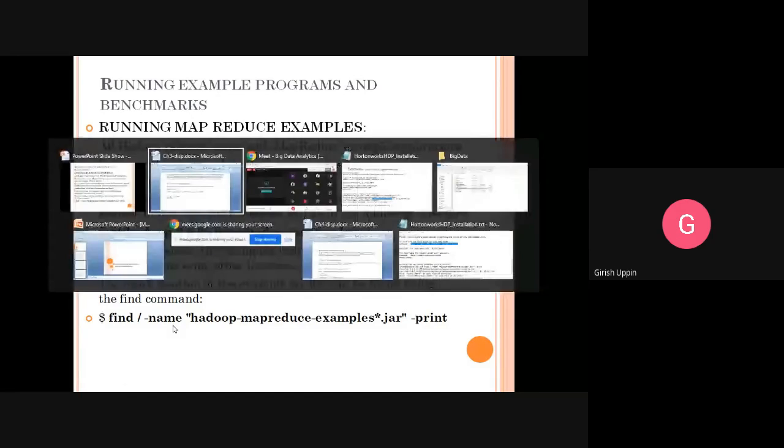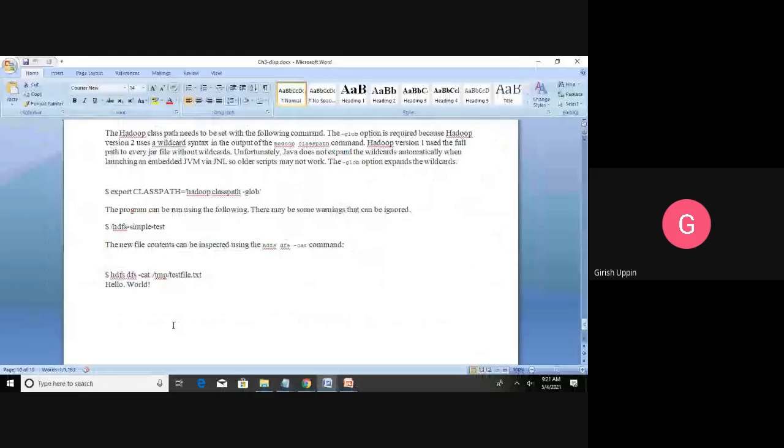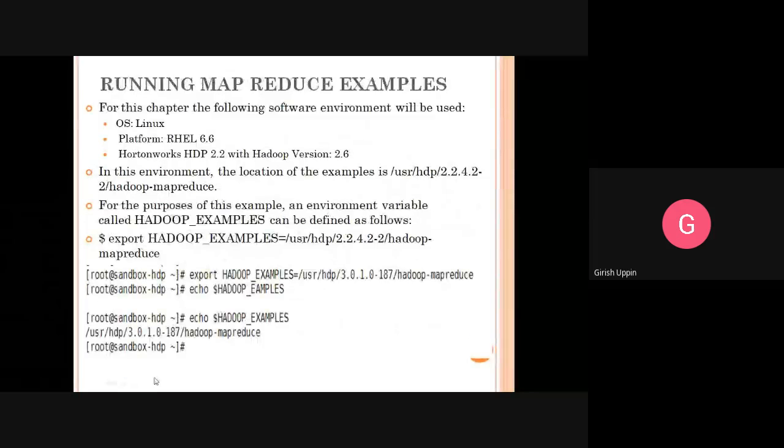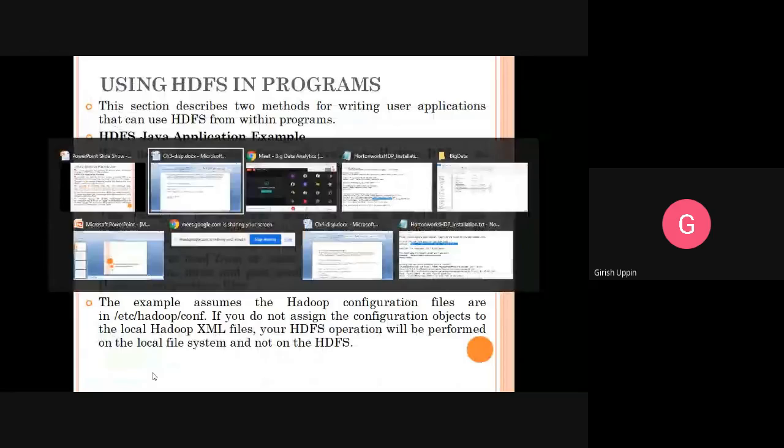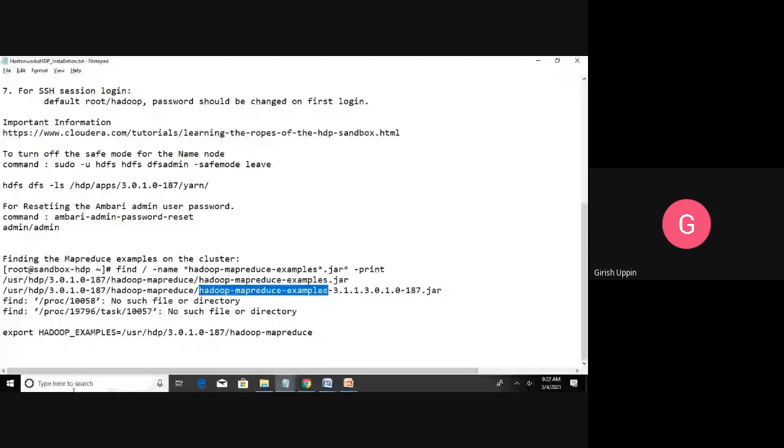In my example I showed you where we found it. In my particular version, this is where I found it. I issued the command in an SSH session. This is the command that I issued.